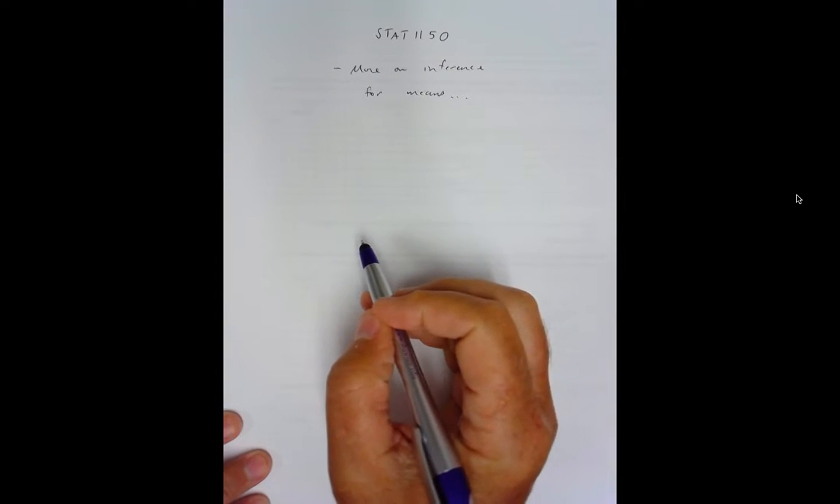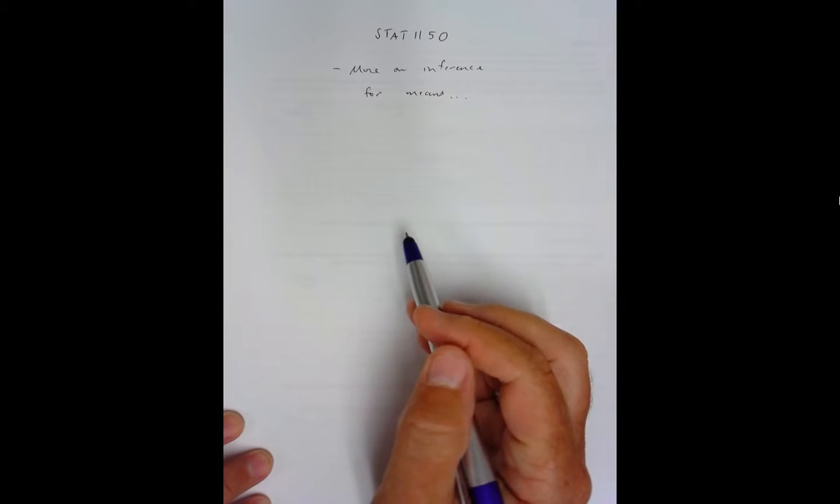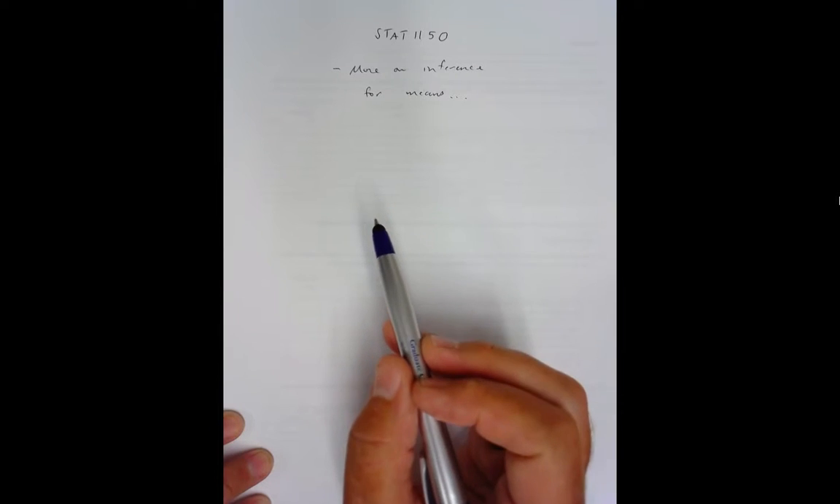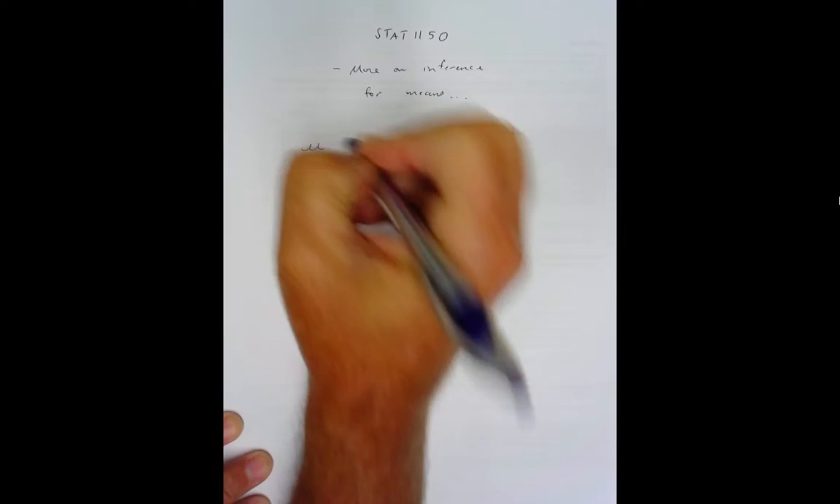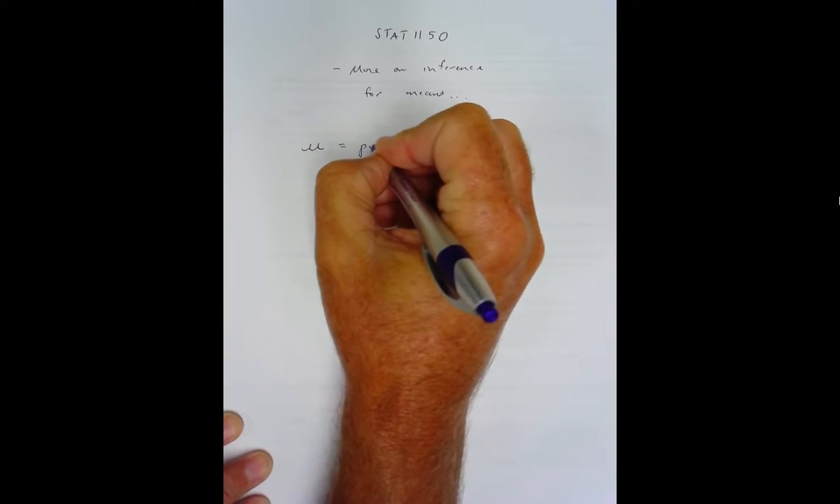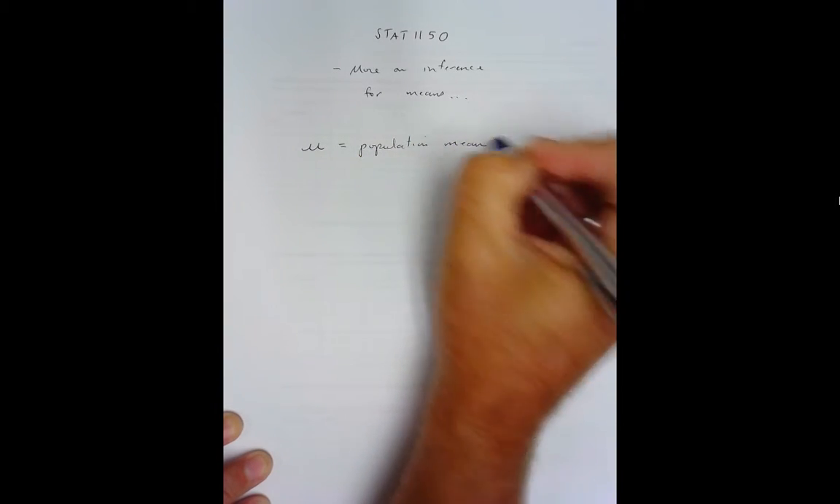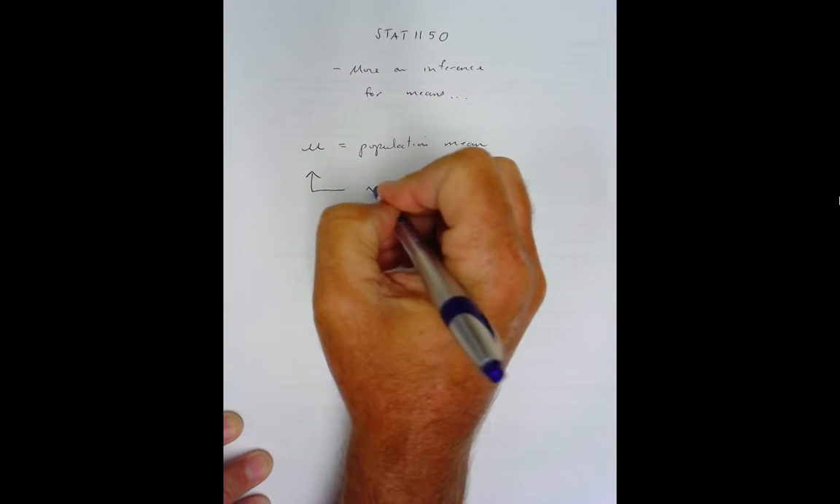The purpose of this video is more on inference for means. What you should know by now is that if we have an inference, we're making an inference about mu, which is a population mean. The best thing to estimate this value